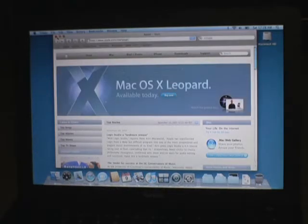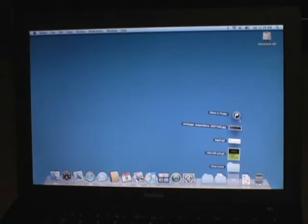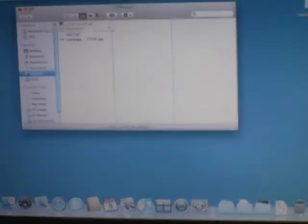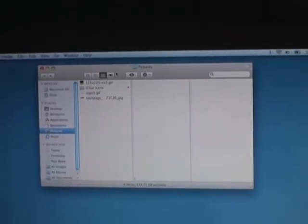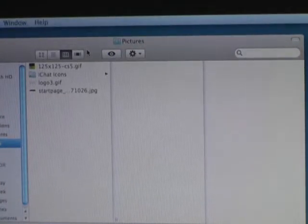Now let's take a look at the gallery, the cover flow. I'm going to go into pictures here and go to show Finder. Now, right here, I'm going to see if I can zoom in a little bit so you can see this. And we'll angle this. You might need to adjust the camera just a little bit so you can start to see what I'm doing here. Alright, so now we're in the Finder window,